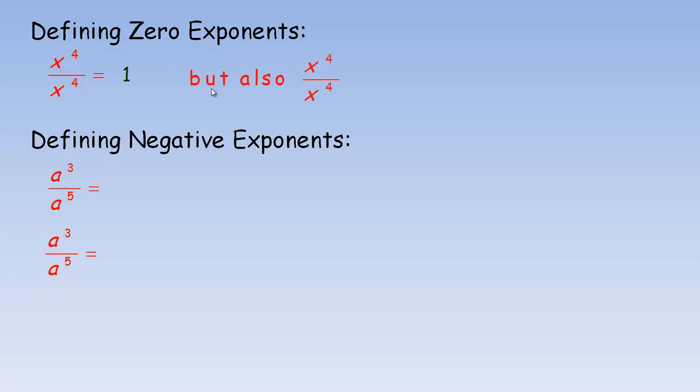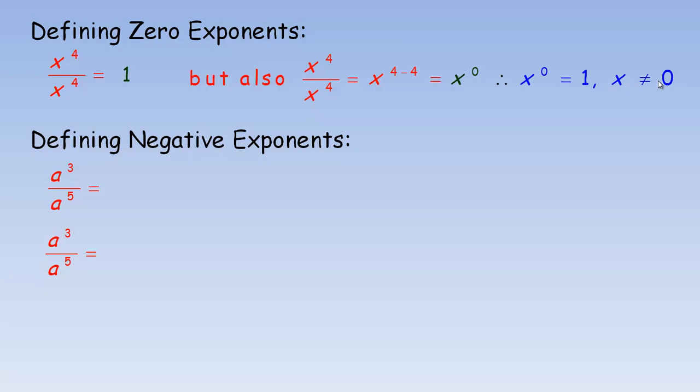But similarly, I could divide these and instead use that power rule, dividing 2 powers of the same base. The base is x, and so I can subtract the exponents. So it's going to be x to the power of 4 minus 4. And of course, 4 minus 4 is 0, so that's x to the power of 0. Now I evaluated the same thing in 2 different ways, so this should equal 1. So that's my conclusion here, that x to the power of 0 equals 1, and the one restriction is that